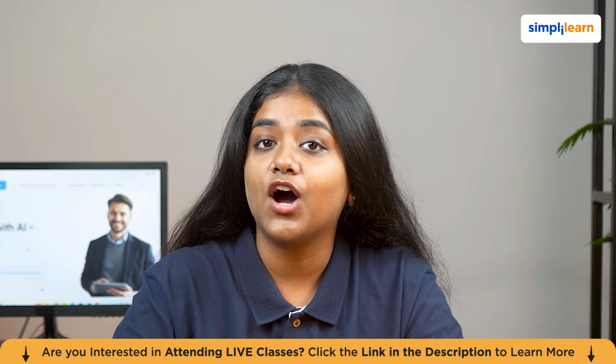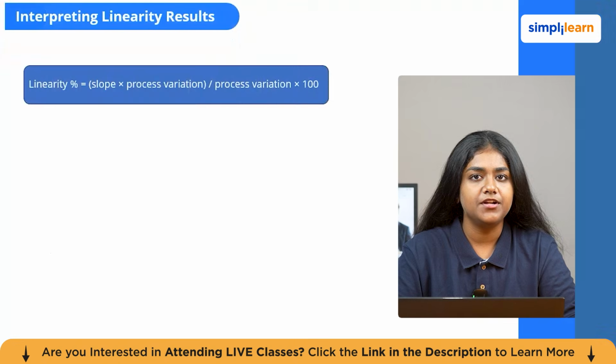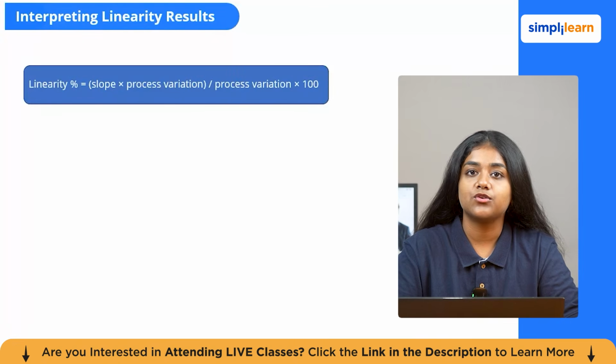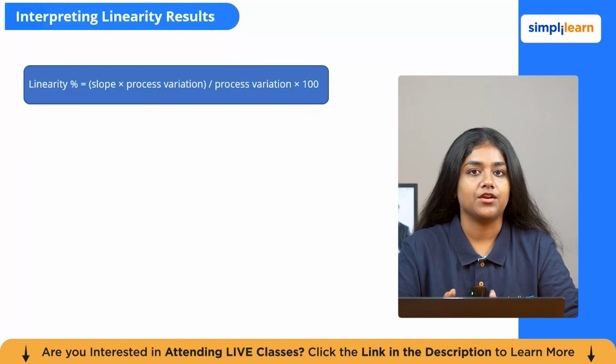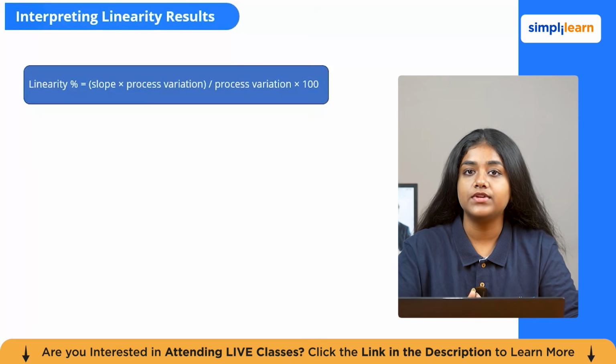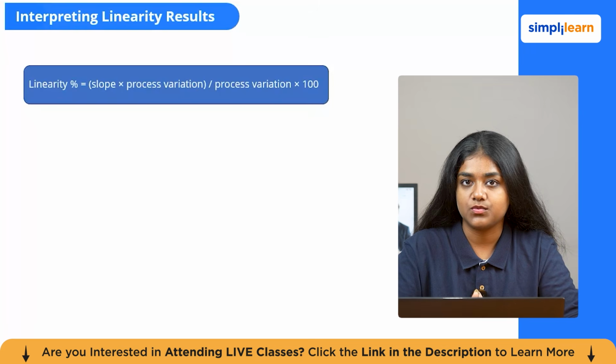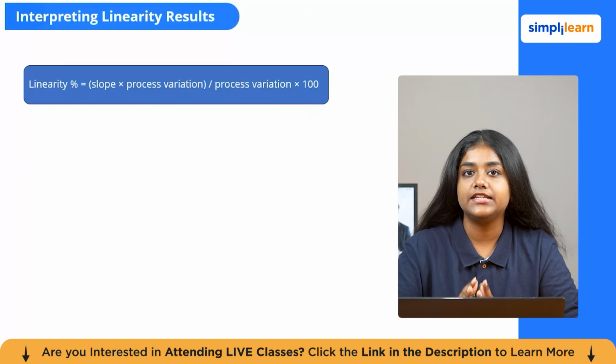Now let's understand how to interpret linearity results. Interpreting the results of a linearity study comes down to three things: the slope, the R-square value, which tells you how well the regression line fits the data, and the linearity percentage. Linearity percentage is calculated as slope times process variation divided by process variation, times 100. Or more practically, it's often expressed as a percentage of the process variation or the tolerance that the linearity error